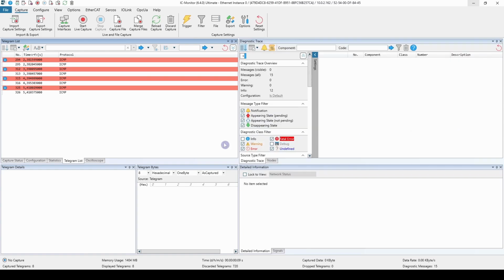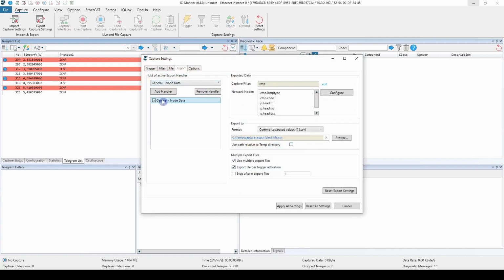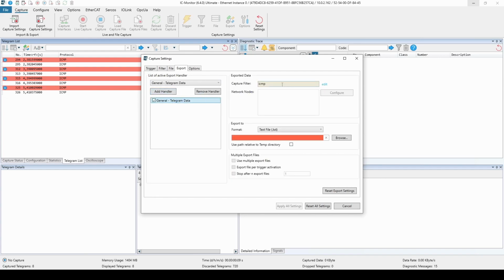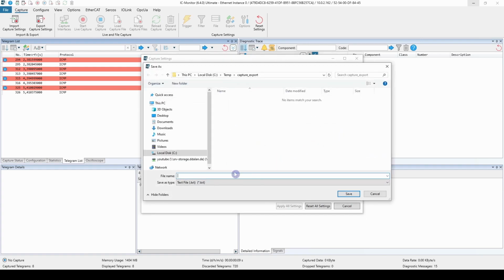Now, if our data is not defined that clearly, or we just want to capture all network data in a different format, we can also capture the whole telegram data in a file. For this, we'll remove the current configuration, add a telegram data handler. We'll leave the filter in place, as to not overwhelm us with data. Here we can't configure any nodes, and we only have the .txt format available. We can, however, pick a name,